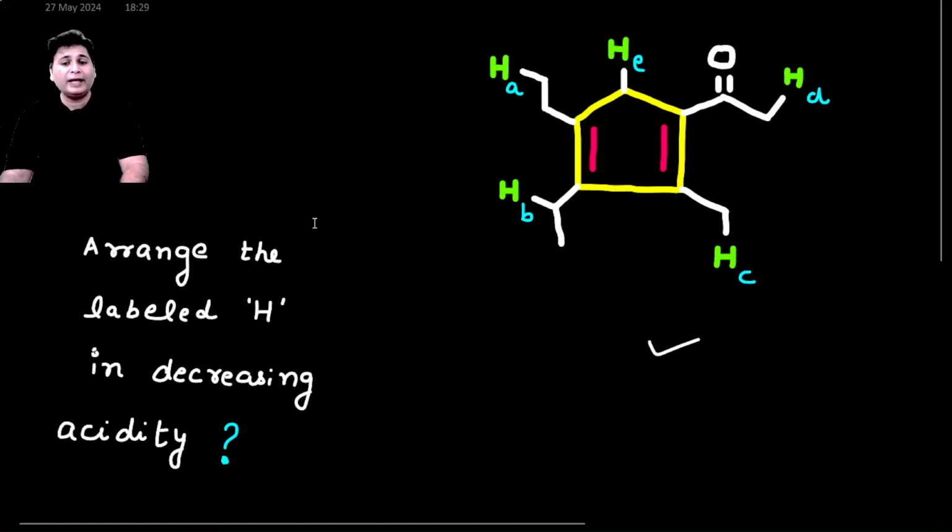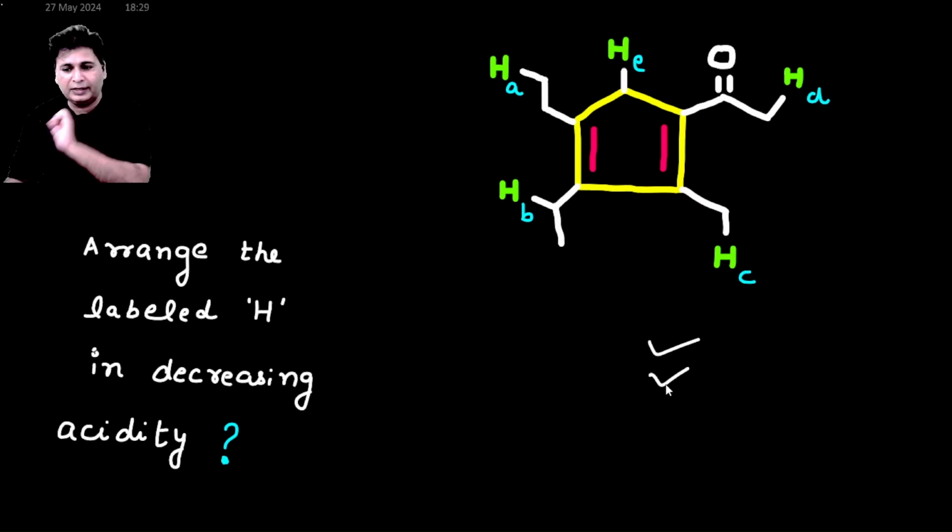As you can see the problem on your screen, we have a compound. On the right hand side of the screen, it contains 5 hydrogens under the name A, B, C, D and E. You have to arrange these hydrogens in decreasing order of their acidity, and as I have already explained you how to decide about their acidity,